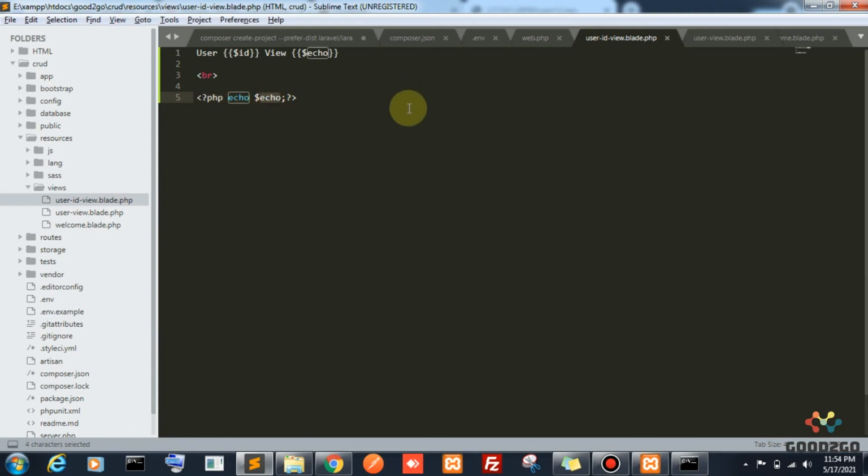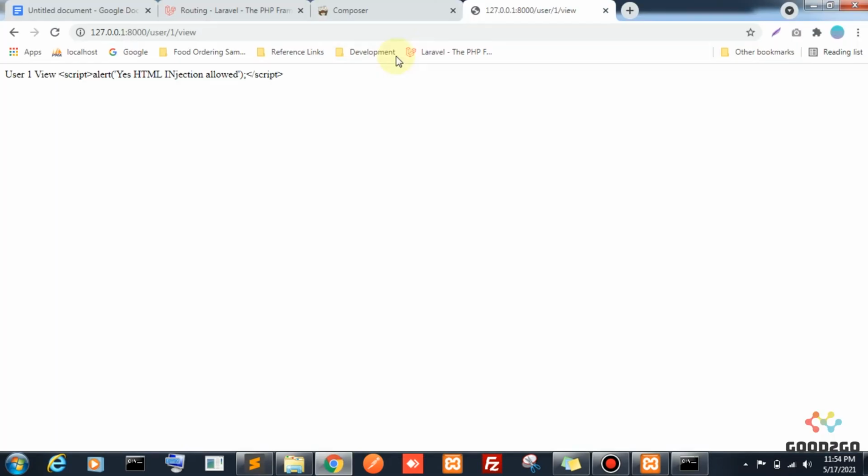So PHP echo will allow the value coming from the variable. It won't filter any values coming in variables, but Laravel echo, these double curly braces, will check the HTML special characters in the variable string. So whatever HTML characters we pass inside the Laravel echo, it will consider as a string only, so it won't run.